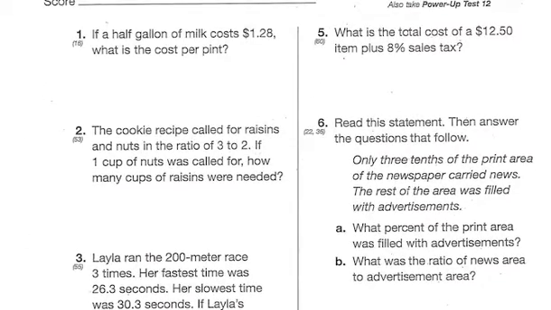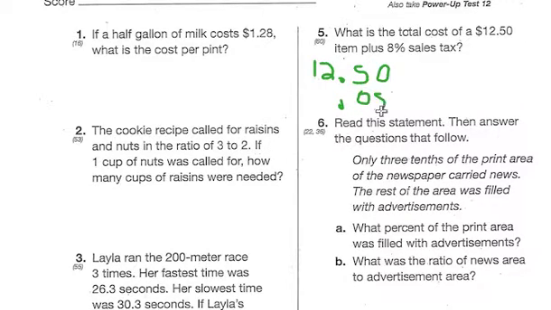And moving over and up. What is the total cost of $12.50 plus an 8% sales tax item? Okay, we've talked about a shortcut way to do this. But usually you think 12.5 times 8%. 8% is not 8.00, but it is